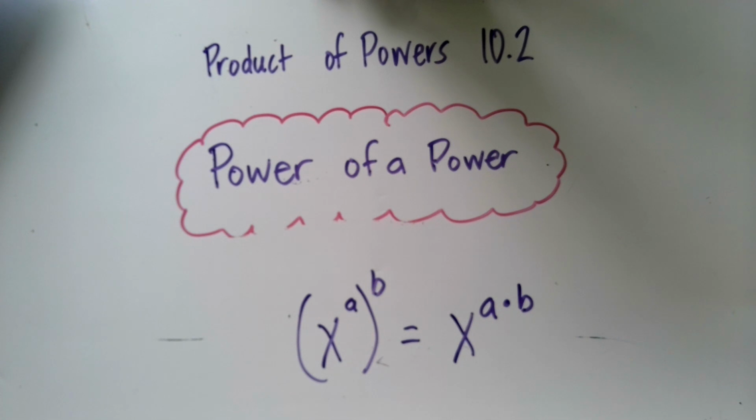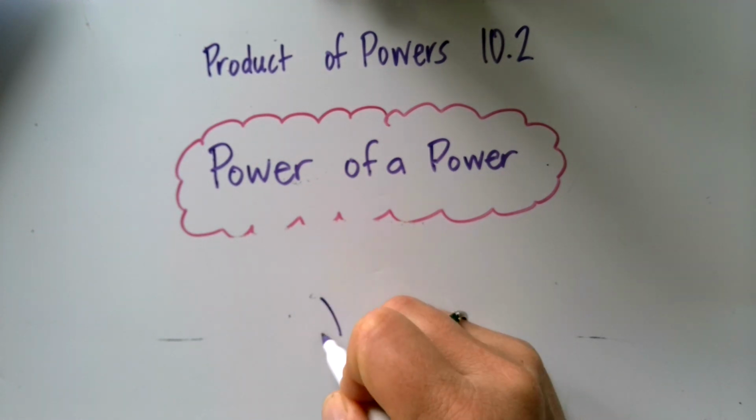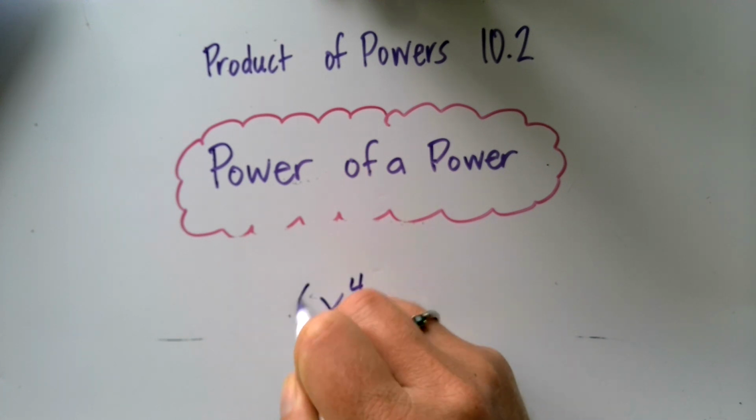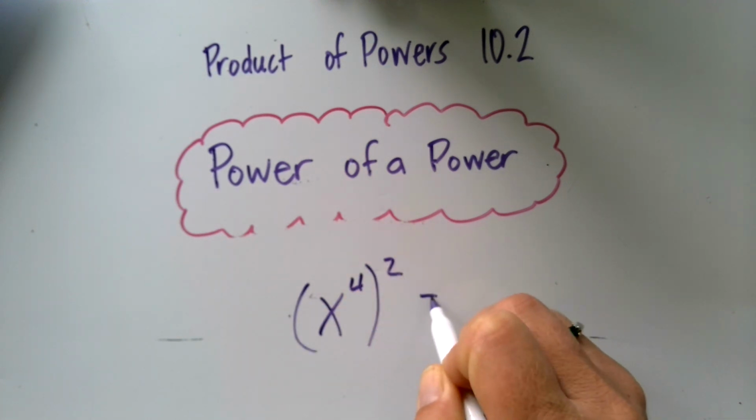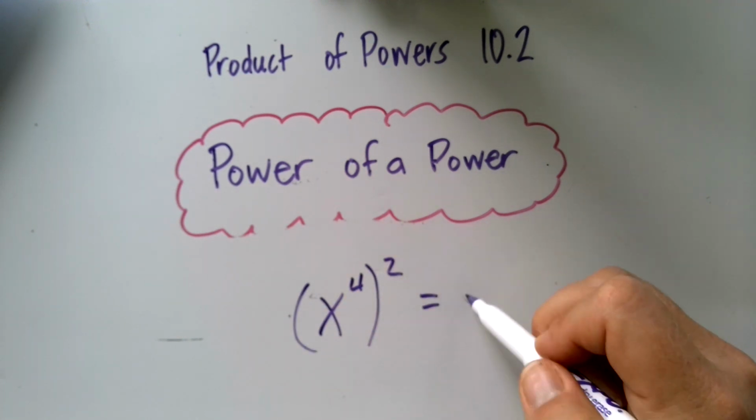So that's called the power of a power property, telling you that you have to multiply exponents when you have an exponent raised to another exponent. So real quick example, if you had x to the fourth squared, that would end up being x to the